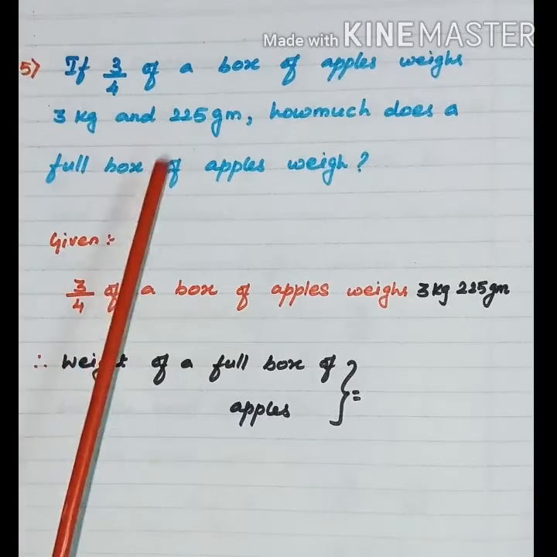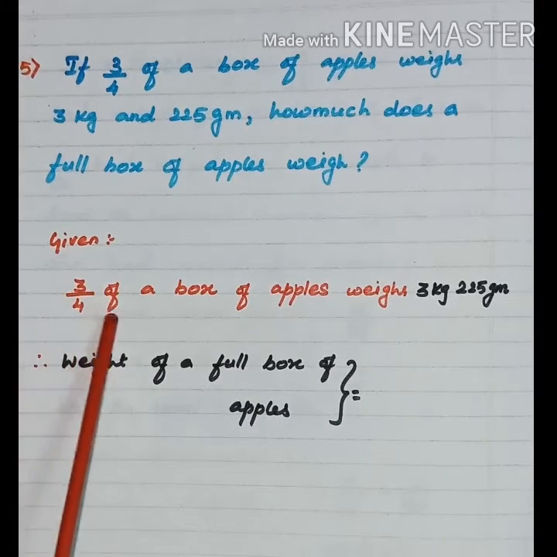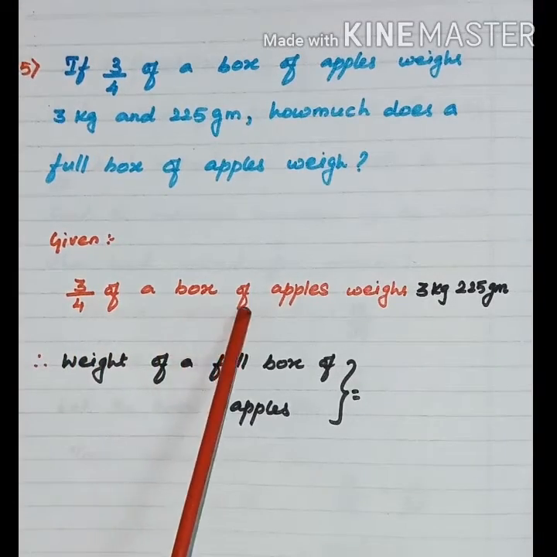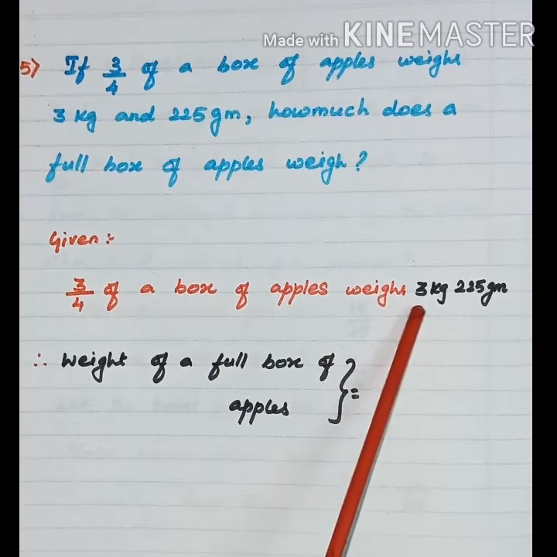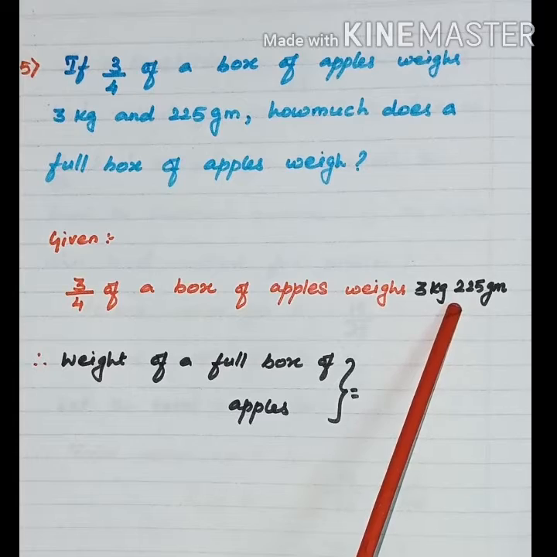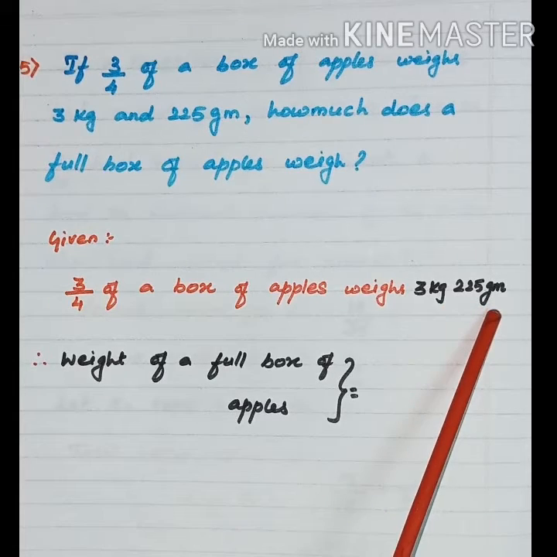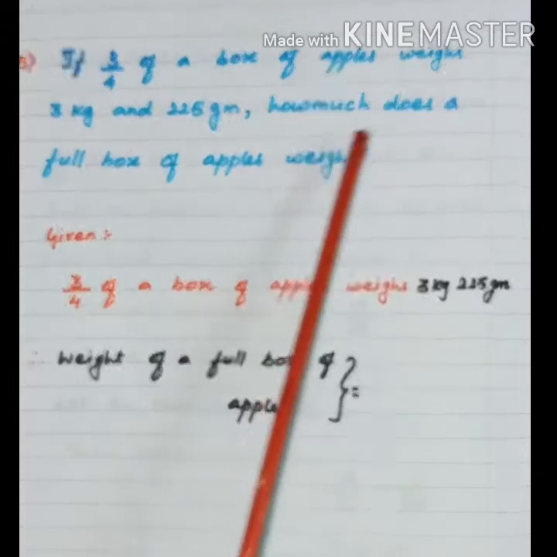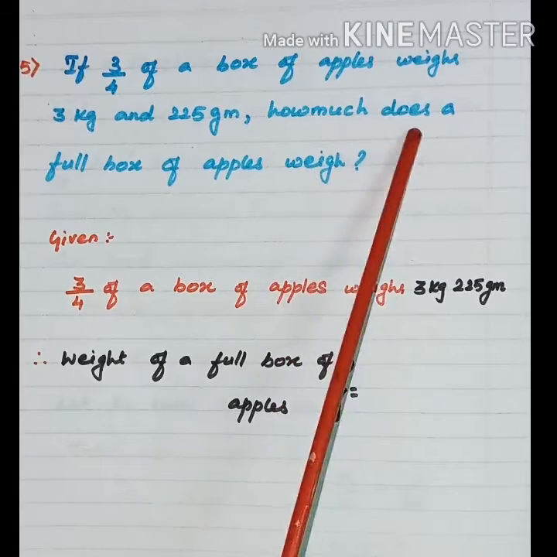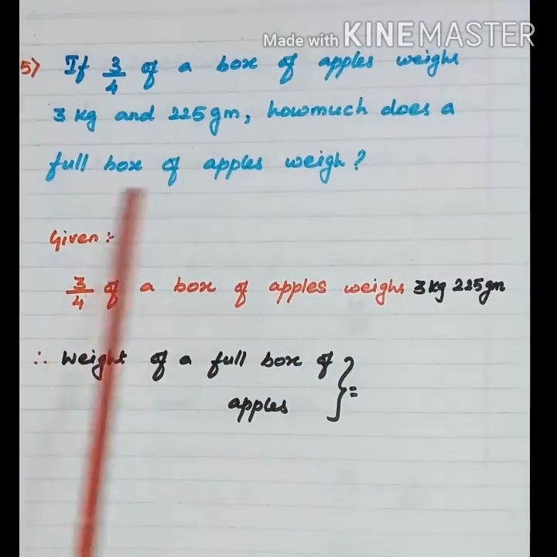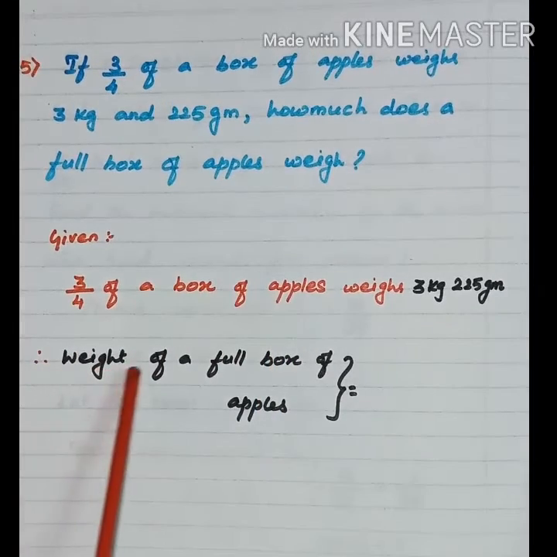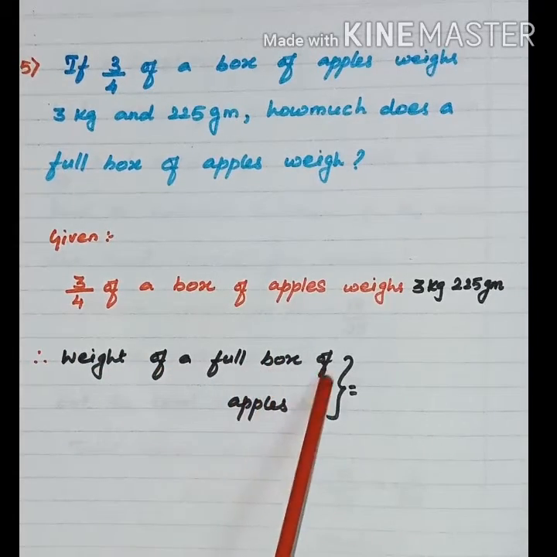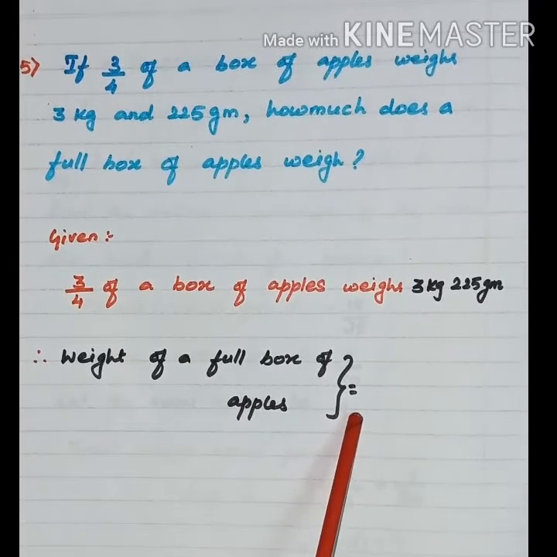In the question it is given that 3 by 4 of a box of apples weighs 3 kg 225 grams. They are asking us to find how much does a full box of apples weigh. Therefore, weight of a full box of apples is equal to,